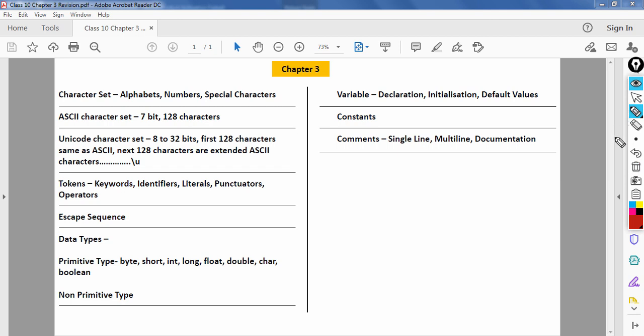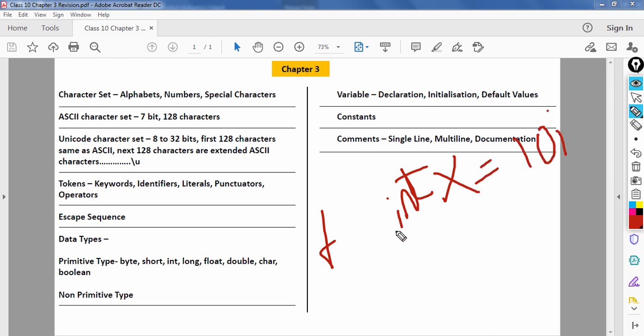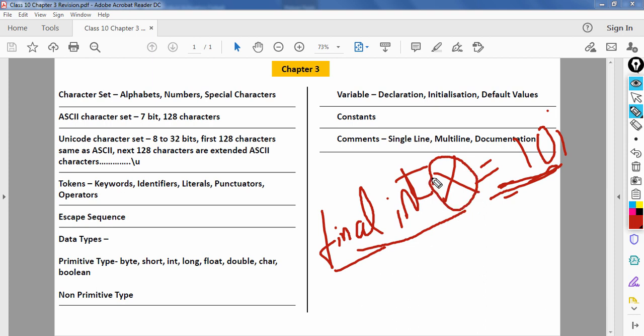So the main crux is that the value of the variable can change, whereas if you want to declare a constant, a variable whose value should not change, then you can make the variable final. For example, normally you'd write int x is equal to 10, right? But if you place the final keyword here, final int x is equal to 10, what this final will do is make the x variable a constant.